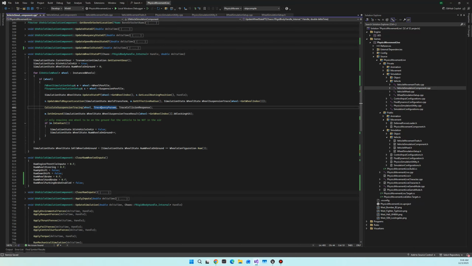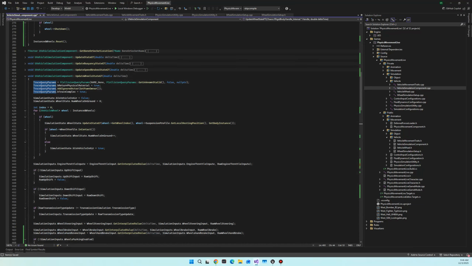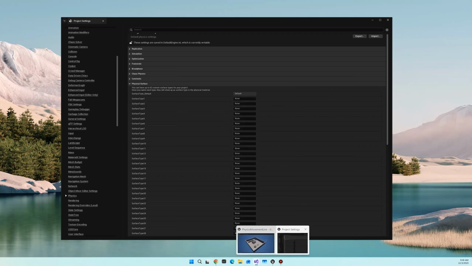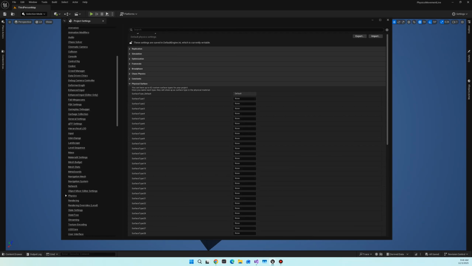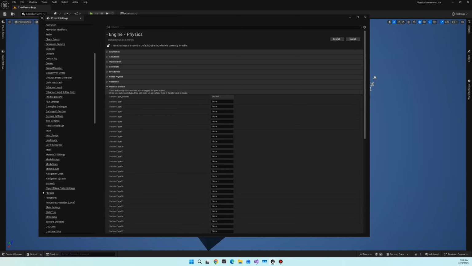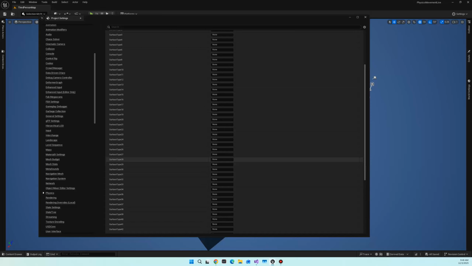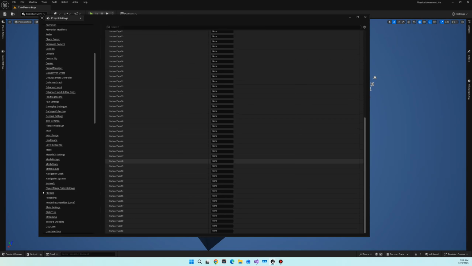So when we fire our raycast, we want to see if our raycast is hitting the ground. If our raycast is hitting the ground, then, because we are setting the value or ensuring the value is being set here to return physics material, and the physics material is actually something you can set here. So if I come back to the editor, and you go to physics engine, and at the bottom you've got this physics surface. As you can see, I don't really have anything here, but you can actually define up to 62 materials,